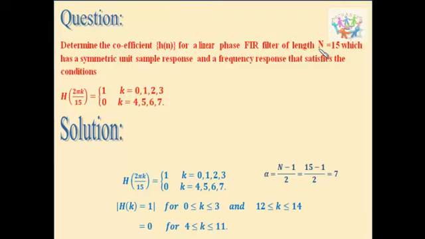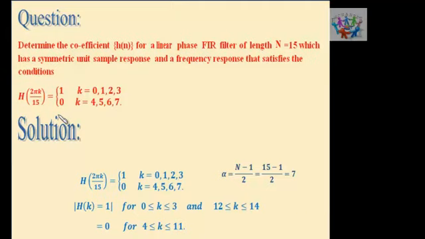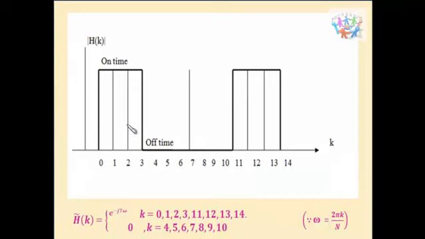And since we have the length as 15, in the question they have given only the values from 0 to 7. Now we have to find where this 1 and 0 lies in the range from 8 to 14. In order to find that, we have to draw a graph. Now take h of k in the y-axis and the k value in the x-axis. And in the question they've given the value of h of k as 1 for 0, 1, 2 and 3. So for those values you have to draw the line above like this. Now, in the question they've given 0 for the values 4, 5, 6 and 7. So you have to draw the line on the x-axis.